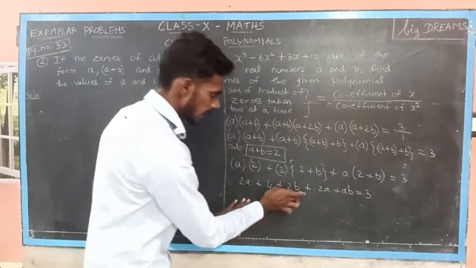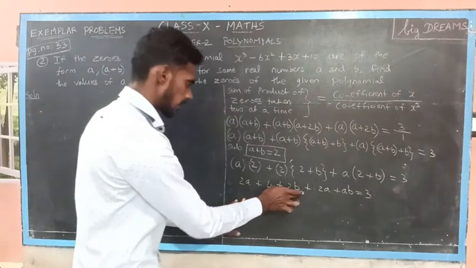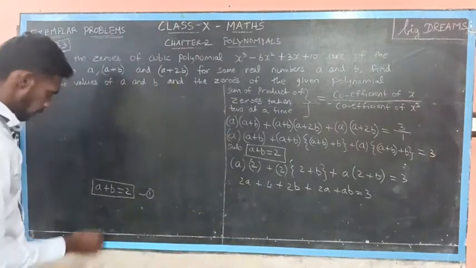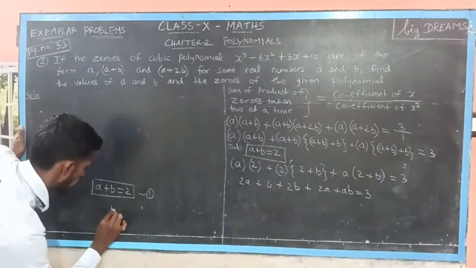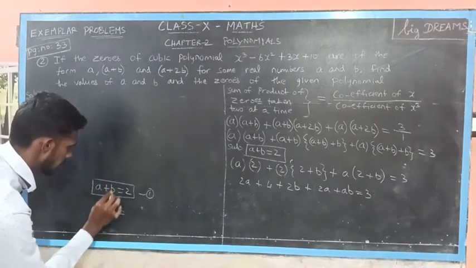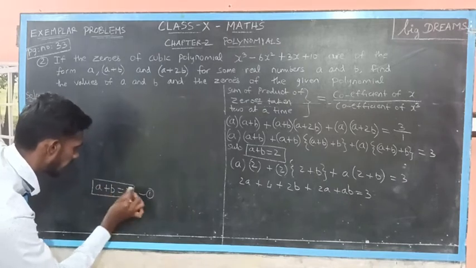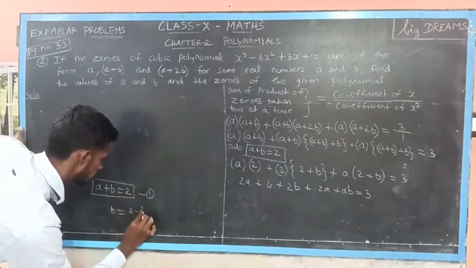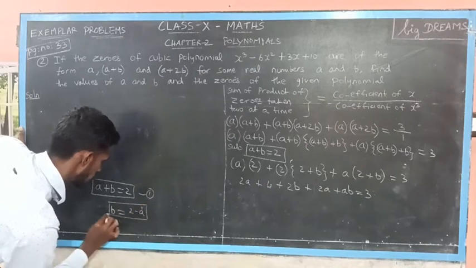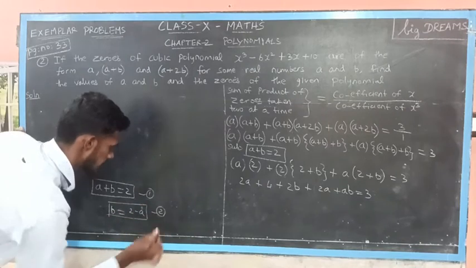See here, it is an equation having both the variables a and b. So, first let us eliminate the variable b. For eliminating the variable b, I am going to substitute the value of b. Keeping b on the LHS, taking a to the right side, it will become 2 minus a. So, the value of b is 2 minus a. Mark this as number 2.